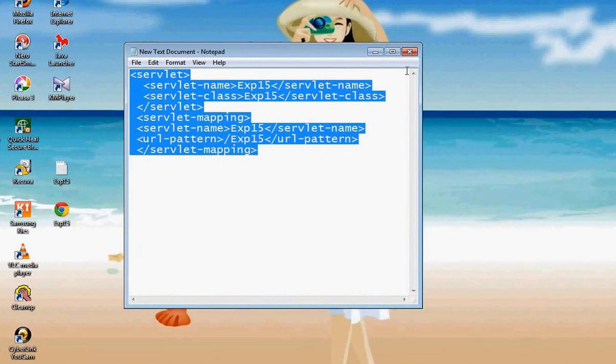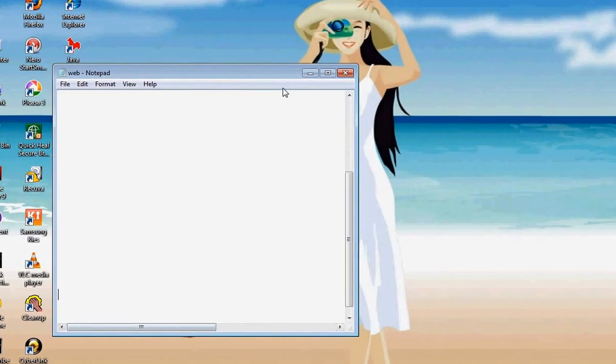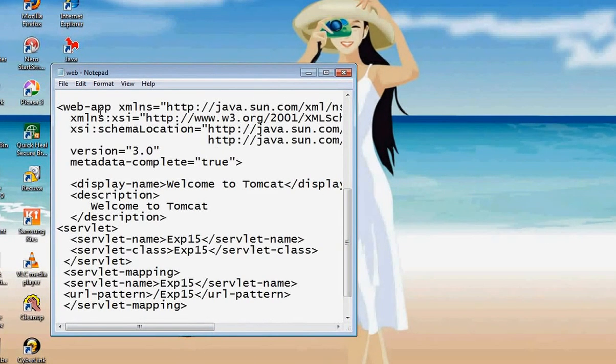Copy this whole code and paste it between the two tags and save it.